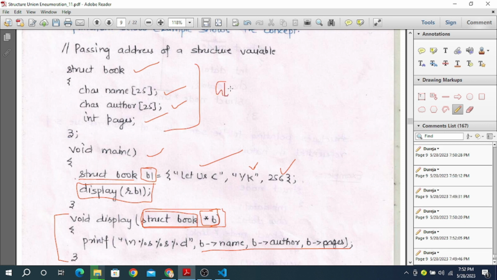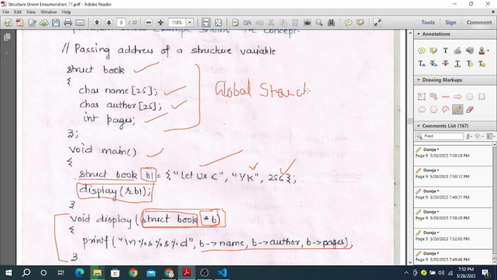तो ये ग्लोबल स्ट्रक्चर इसलिए बनाया है ताकि आप मेन फंक्शन के बाहर इसको एक्सेस कर पाओ। अब एक्सेस करने के लिए क्यों जरूरत पड़ी? क्योंकि जब हम डिस्प्ले फंक्शन के अंदर जहाँ हम स्ट्रक्चर पॉइंटर को डिक्लेयर कर रहे हैं वहाँ पे उसकी वैल्यू नोन होनी चाहिए। तो यहाँ पे जो स्ट्रक्ट बुक है ये डेटा टाइप नोन होना चाहिए टू द डिस्प्ले। तो इसलिए हमने इसको आउटसाइड द मेन डिफाइन किया।